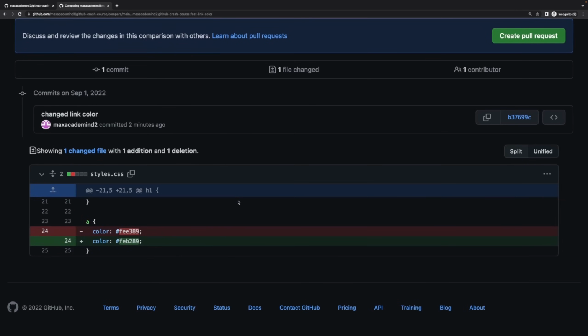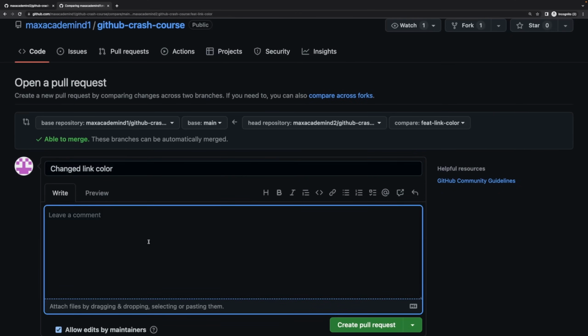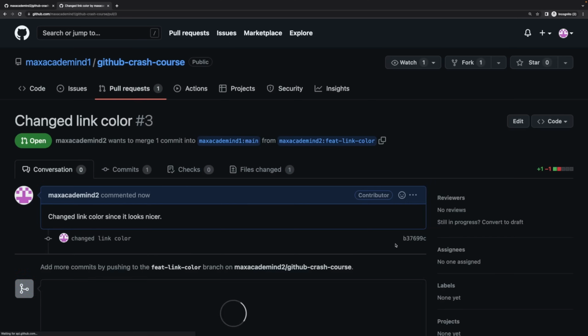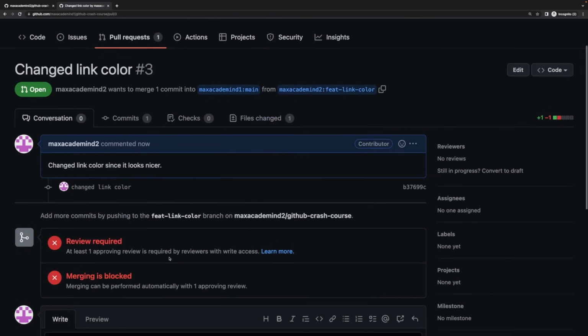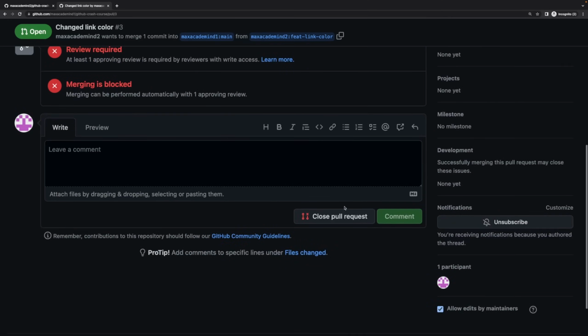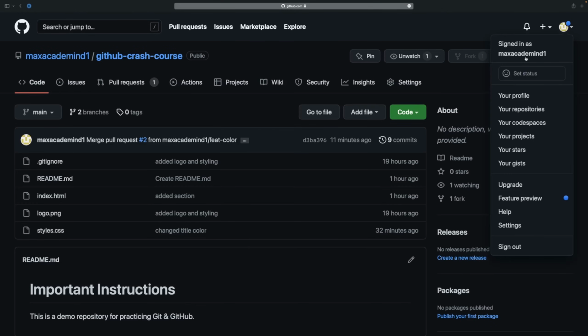Now, otherwise, it's the same as before. You can see the change here. I can then create my pull request, give this a nice title, changed link color since it looks nicer, whatever, and I can create this pull request here. Now, this requires a reviewer just as before, but I can leave the pull request like this if I want to. So now with that pull request opened, and back on that main repository with the first GitHub user